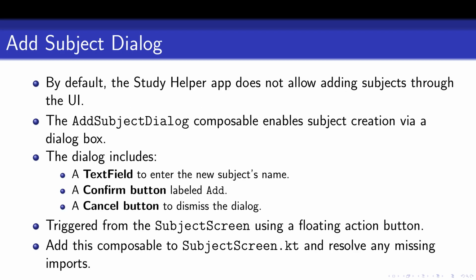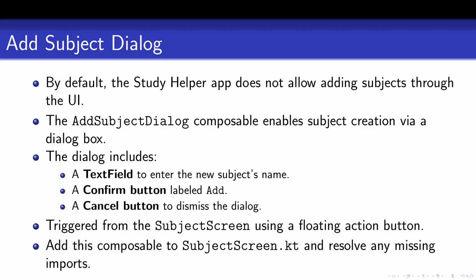Out of the box, the Study Helper app doesn't let users add new subjects through the UI. To change that, we'll use a composable function called AddSubjectDialog. This dialog pops up when the user taps the floating action button and includes a text field to enter the subject name, along with Add and Cancel buttons. You'll need to add this composable to the SubjectScreen.kt file and make sure any necessary imports are resolved so